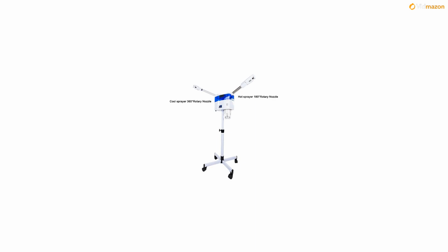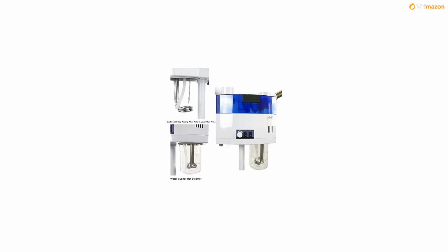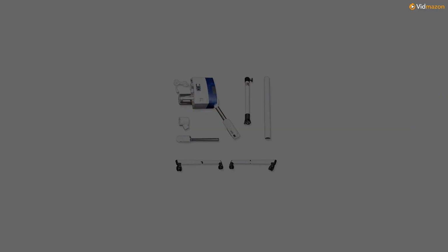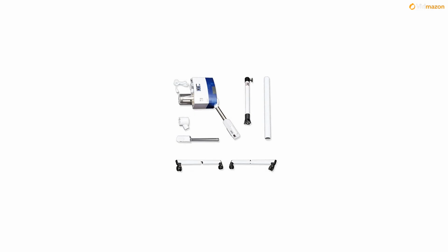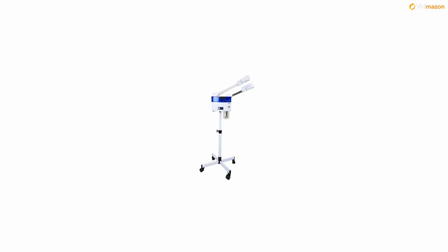9. Dimensions, 24.40 x 24.40 x 44.88 inches/62 x 62 x 114 cm, L x W x H. 10. Color, white and blue. 11. Plug type, US standard. 12. Brand, Mefeir. 13. Model,